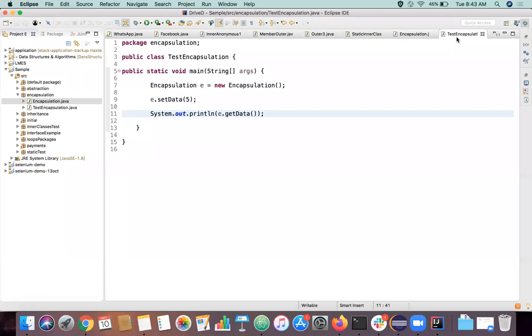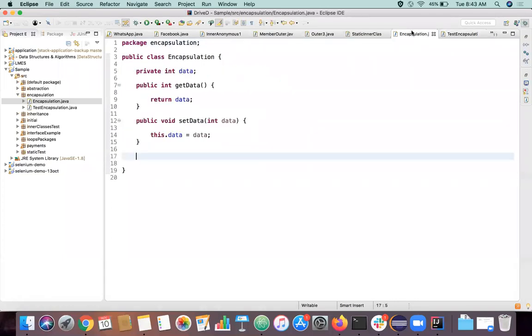So what we are trying to achieve here is that we don't get to change the data directly, because when you have very large projects, and some random project is directly getting to change your data, that is not good, right? When you expose some data over the internet and run a server to access your data, if someone can directly access the data through the class itself, then it's not good at all, right?